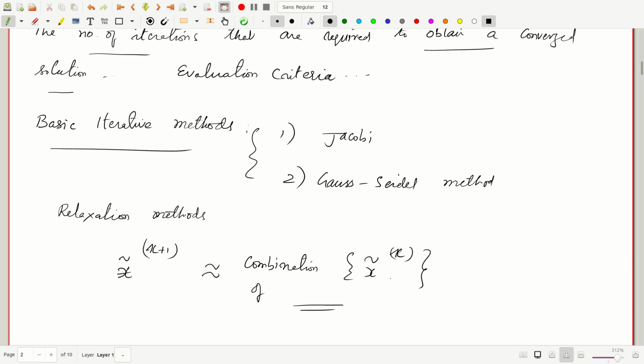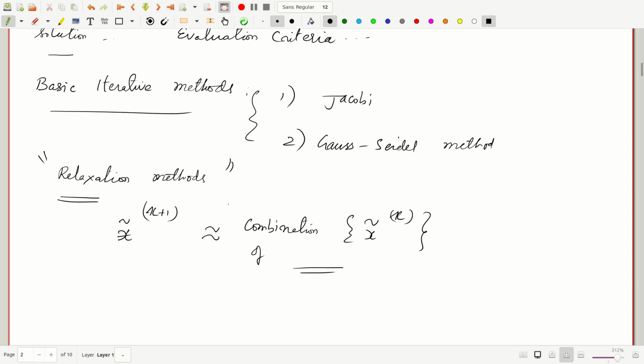Because it relaxes this previous solution towards a final solution, these are also known as relaxation methods in the literature. Depending on the specific problem we are solving, relaxation methods can be even faster than the direct solution methods. Of course, the Jacobi and the Gauss-Seidel methods are very basic. We will learn them because they are easy to learn and implement,